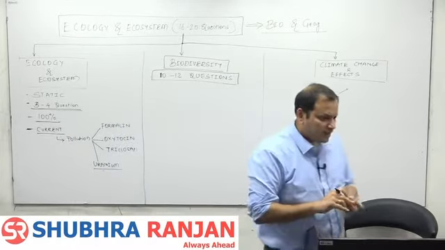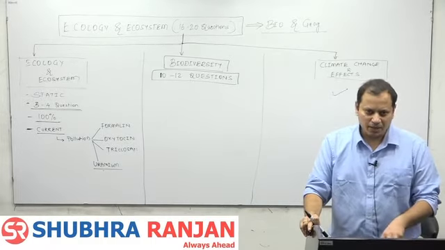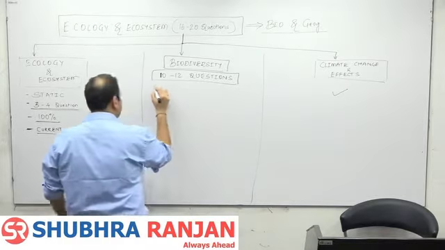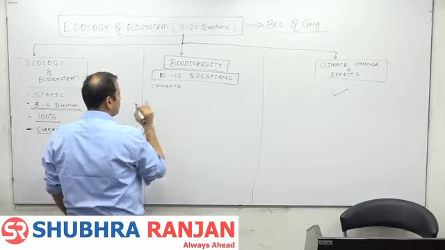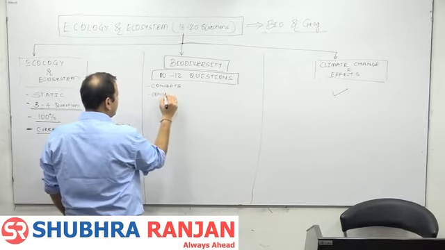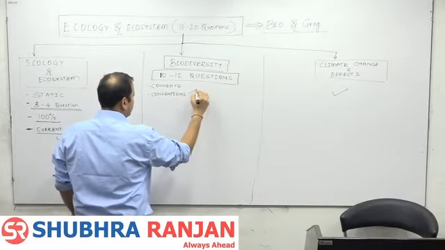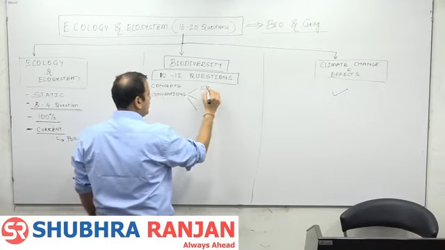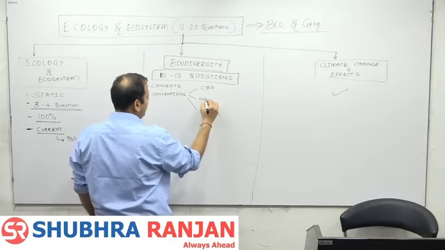Because biodiversity will have 10 to 12 questions which will come every year. And in biodiversity, there will be concepts of biodiversity. There will be conventions for the protection of biodiversity. And these conventions for the protection of biodiversity can range from CBD, a Convention on Biodiversity, Nagoya,